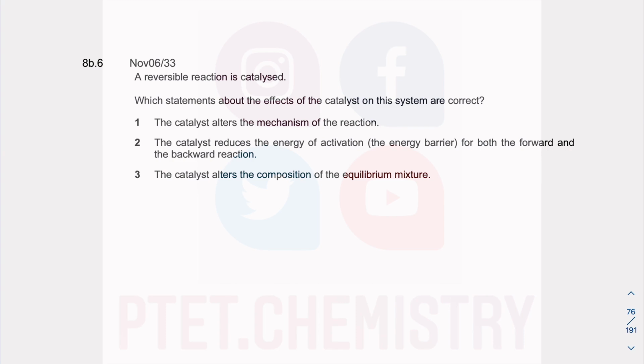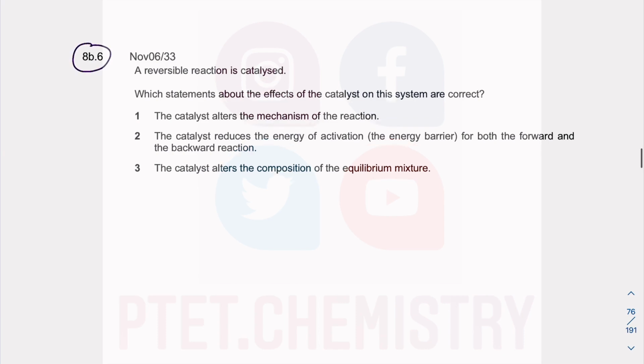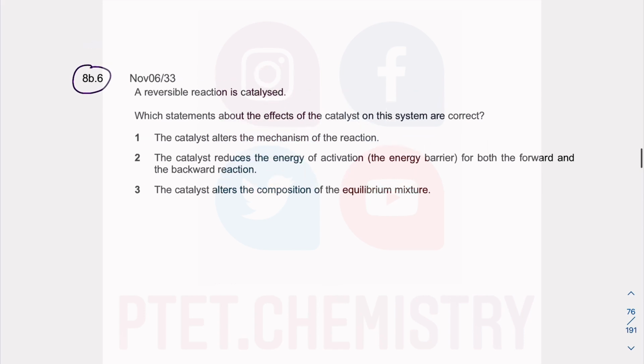In this tutorial video, I'll go through this section B topical MCQs for topic 8, which is on chemical equilibrium. So option A refers to 1, 2, and 3. Those are the statements that are relevant to whatever they're asking. B is 1 and 2, C is 2 and 3, and finally D is just 1, being relevant to whatever